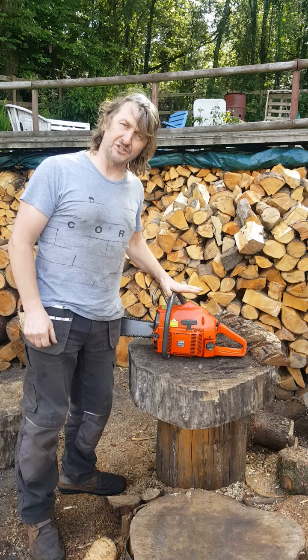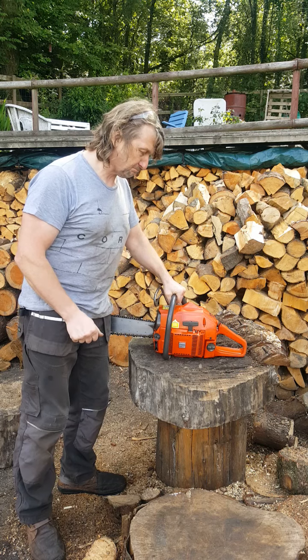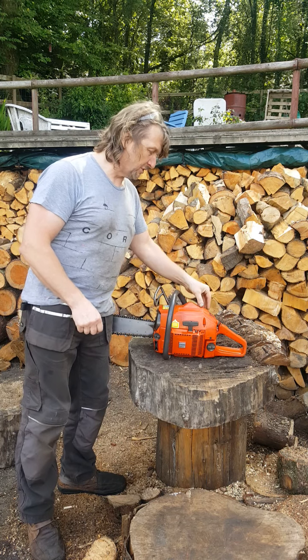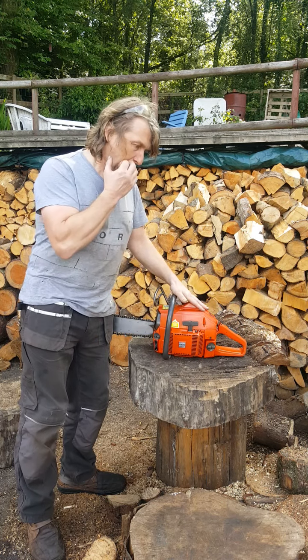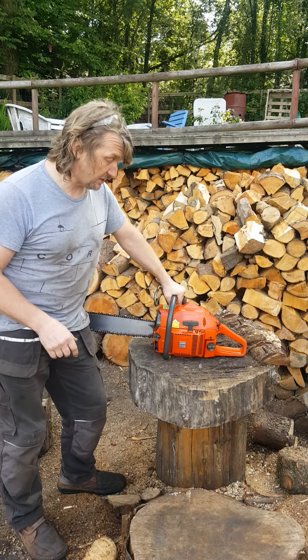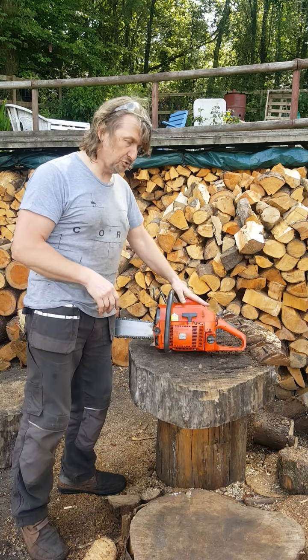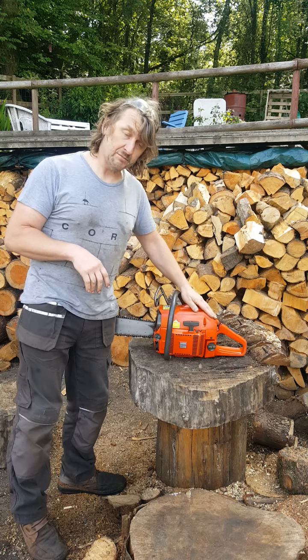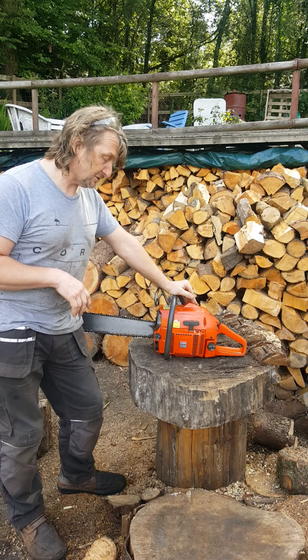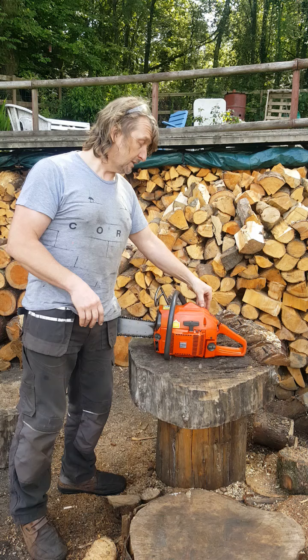Okay, I'm very excited to show this chainsaw today. It's a real, well, it's a historical saw in so many ways. This is the Husqvarna 266 XP professional saw, and so I thought I wanted to show it because I have a dealer friend